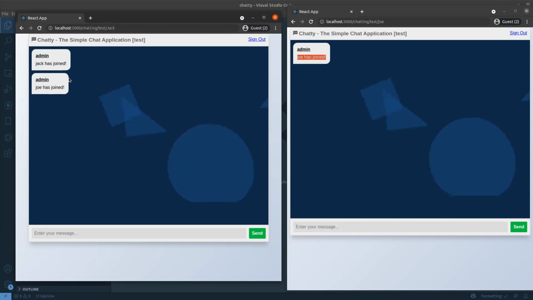And when someone leaves, the other people who are already in that room will get notified that the person has left. You can use a toaster for showing that too, but I just made it as simple as possible, because we are only focusing on the functionality part, not the visuals.